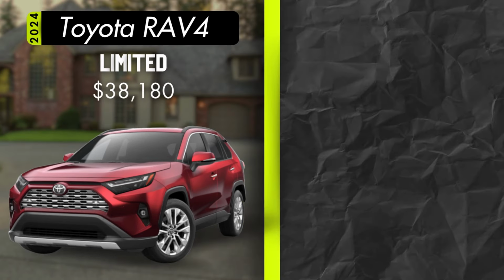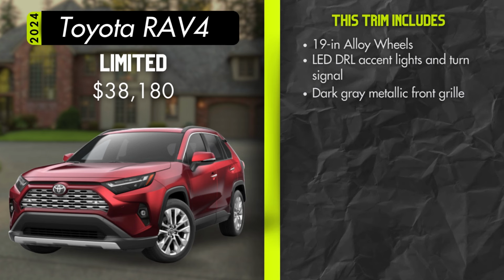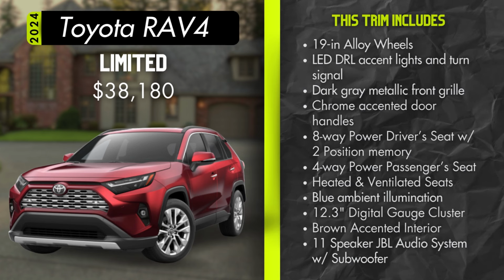Now for our top trim on the 2024 RAV4, the Limited, starting at $38,180, almost $4,000 more than the XLE Premium, and will include 19-inch multi-spoke metallic finished alloy wheels, color-keyed upper bumper and black lower front bumper, black over fenders and rear bumper with metallic gray insert, that LED daytime running light accent light and turn signal, dark gray metallic hexagon pattern front grille, chrome accented body color door handles, add 2-position memory to that